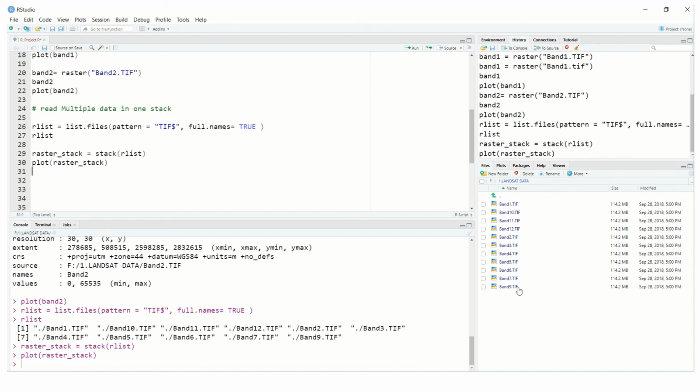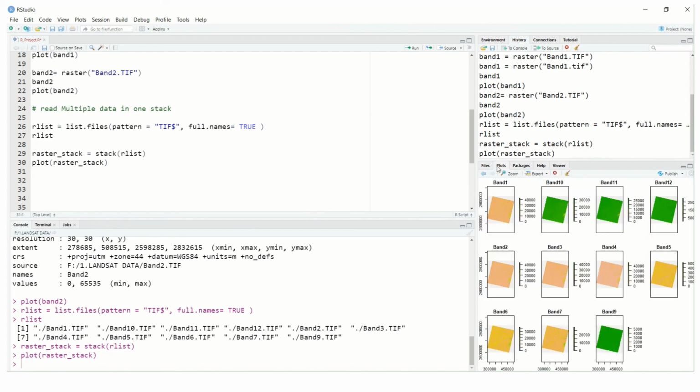If the folder contains same-size bands, then it will run this code; otherwise it won't run, you will get an error. So be careful with the raster type format, that is TIF, and the size of the file. So this is how you can read multiple files into a single file.